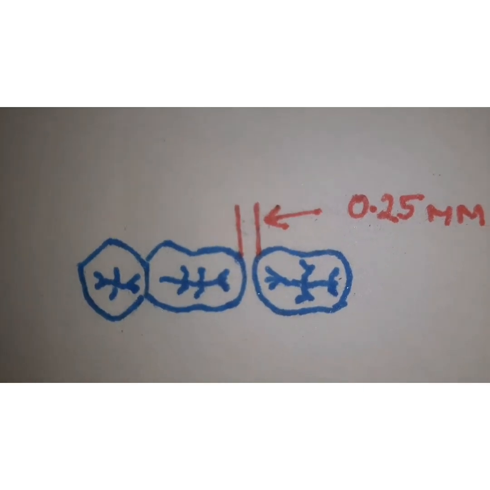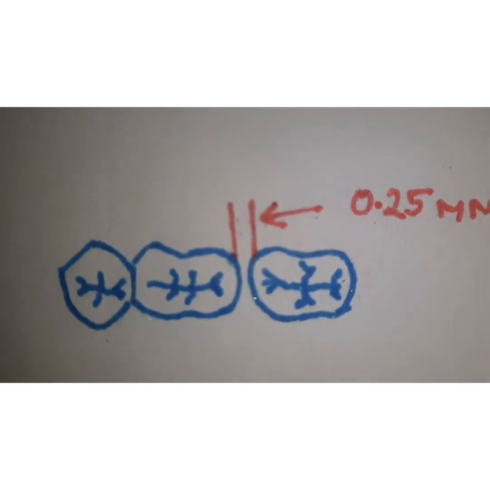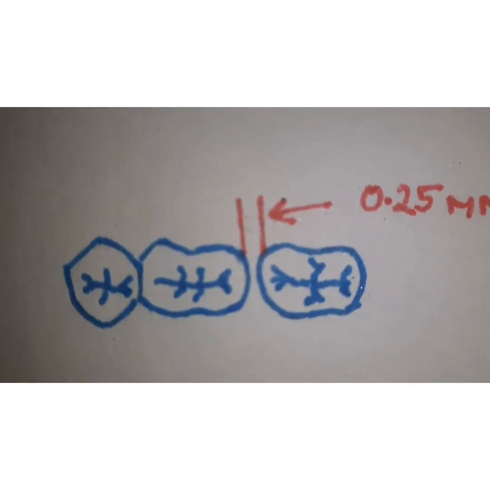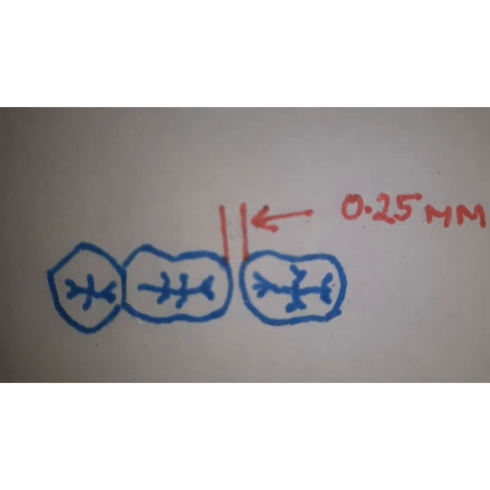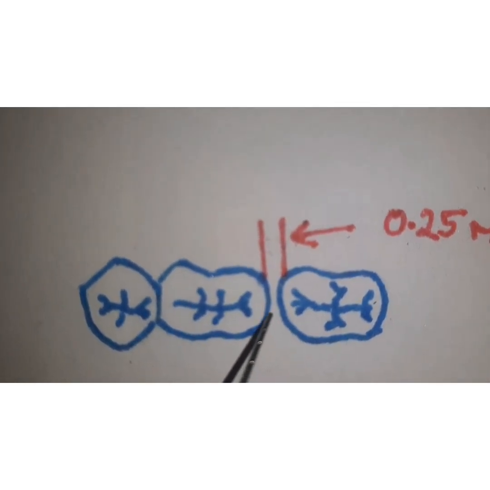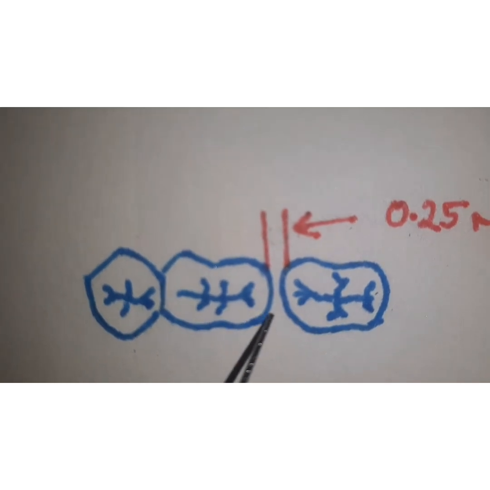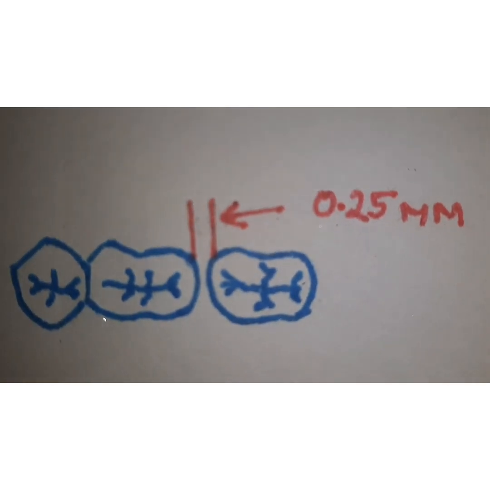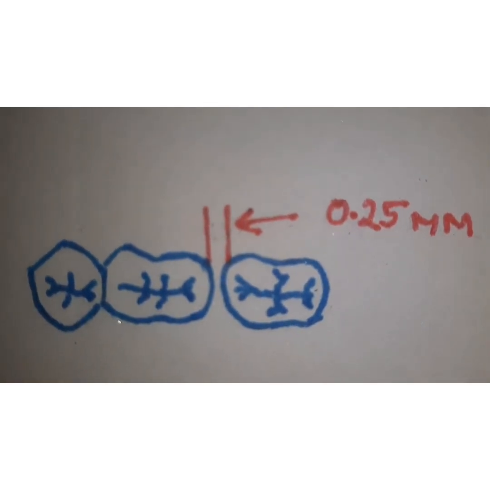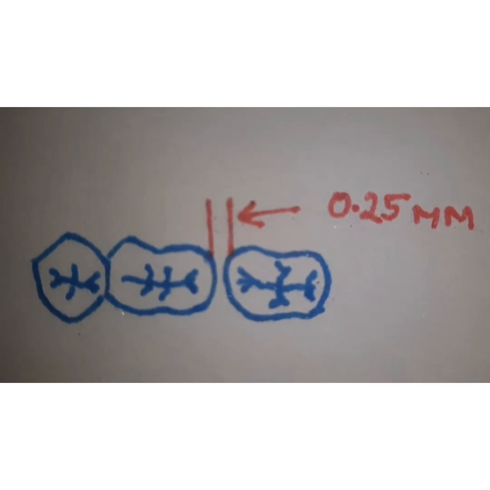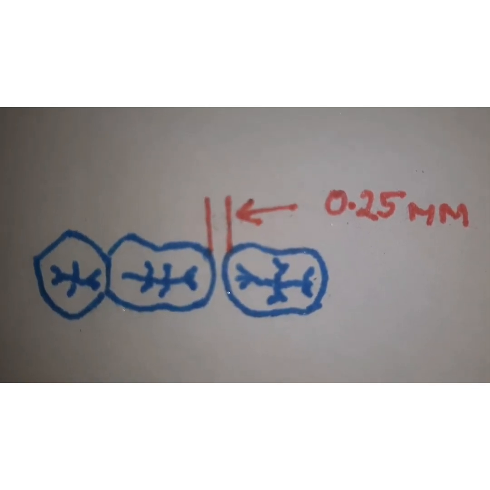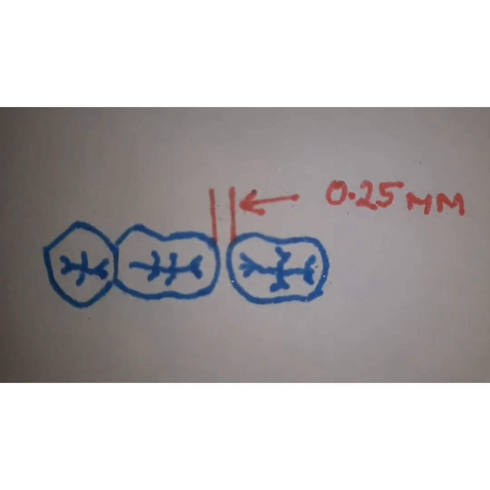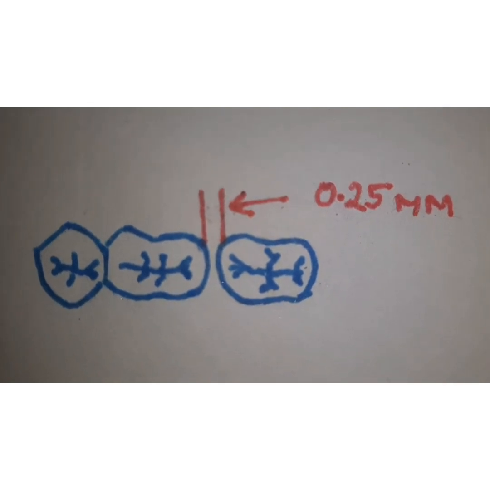How do we do soldering? We have either the sectioned bridges or the broken part. We will invest it in an investment material, and the gap between the two parts should be not more than 0.25 millimeters. That is the recommended width. If you have a larger gap or a larger space in between, then it will reduce solder accuracy, whereas if you have a smaller gap than this, then it will hinder the proper flow of the solder metal.